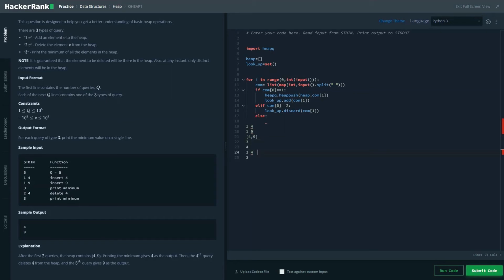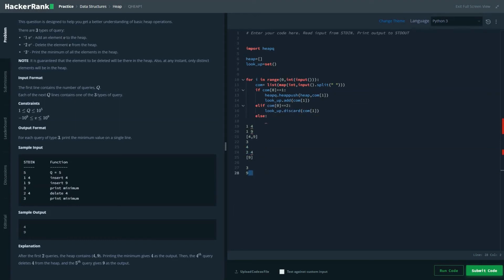Then we have to remove 4 and 9. Operation 2 is for deleting an element, so after removing 4 the value would be just 9, and at last we need to print that element. Only one element is remaining, so it would print 9. So the entire output would be 4 and 9.